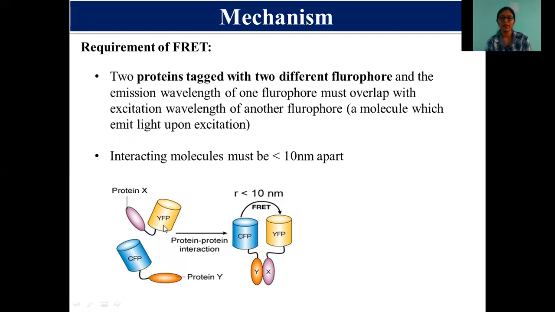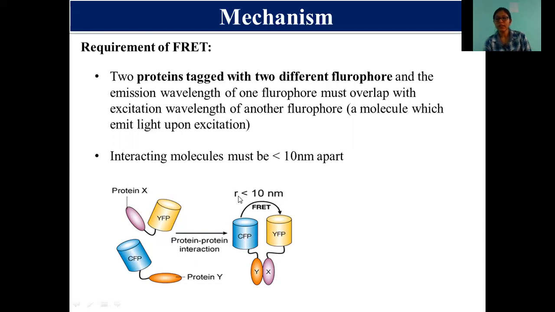Say for example YFP and CFP. So when this mixture is allowed to sit for some time, if an interaction takes place between these two proteins, if these two proteins are involved in a similar pathway, or have some ionic interaction or bonding with each other, then these two proteins come close together. Once these two proteins come close together, the fluorescent molecules we have labeled them with also come close together, and automatically the distance between these two fluorescent molecules is